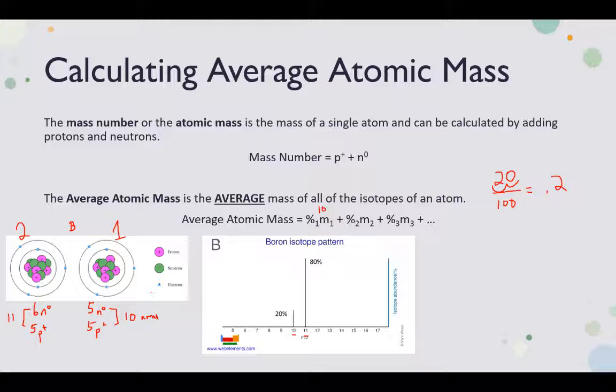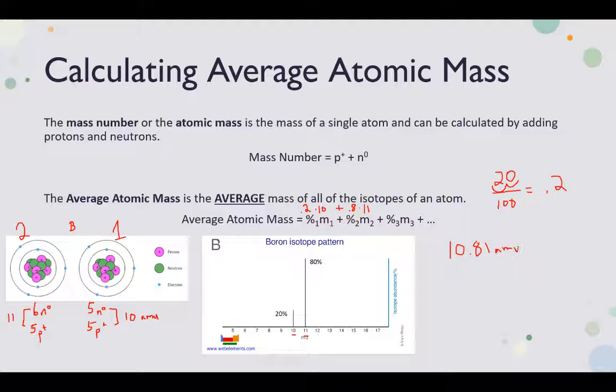So 10 is my mass times 0.2, plus the mass of my second isotope and the percentage of my second isotope. So 80% again becomes 0.8. I divide by 100. Percent means out of 100. And I'm going to multiply that by 11. And so when you multiply these and add them up, you get about 10.81, which is our average atomic mass